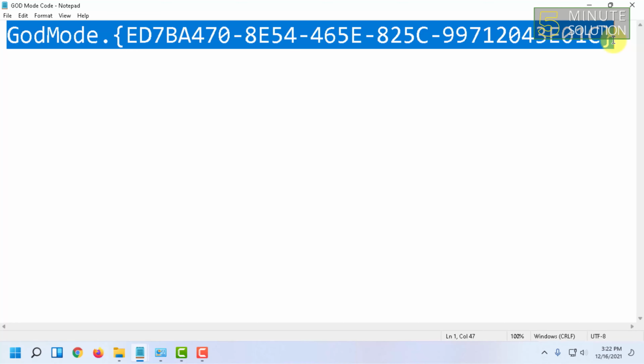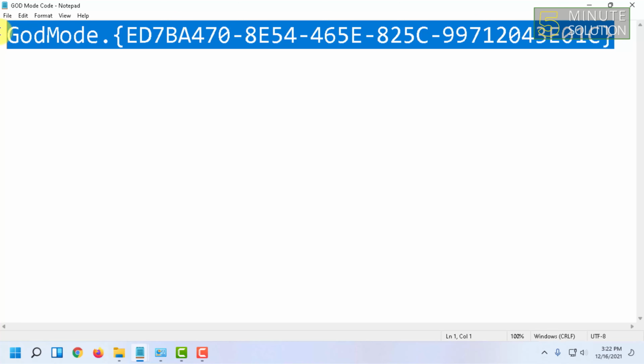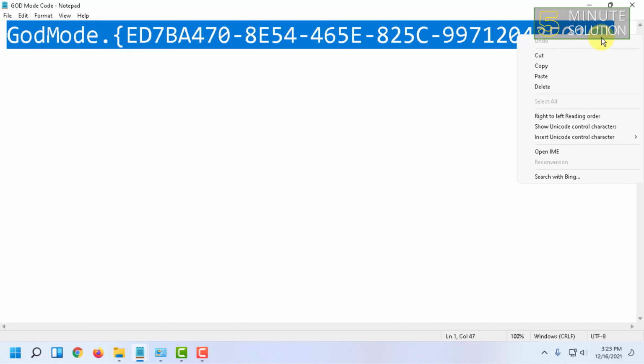I cannot paste this code in the description box for some reason. I'm sorry for that, and you have to just type it, or you can simply search on Google GodMode code. So after that you have to type the code somewhere, then you have to click